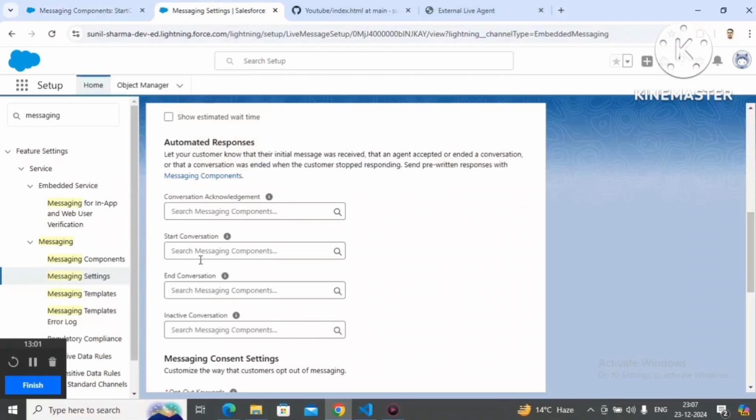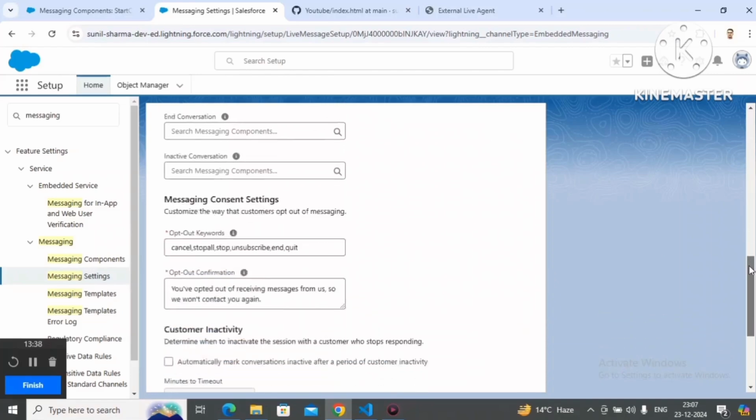So here I will search. Here you can see we have different options where we can use our auto response messaging component: conversation acknowledgement, start conversation, end conversation, and inactive conversation. When the agent is accepting the chat, I have to go for start conversation. If the agent is ending the chat, we can go for end conversation. If the agent is marking our messaging session as inactive, or if we are setting any rule, here you can see